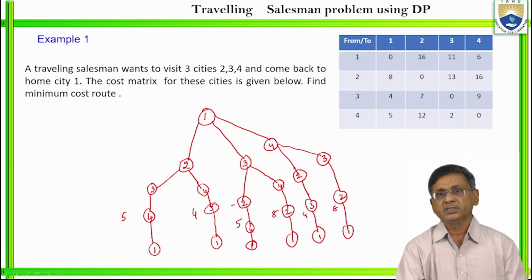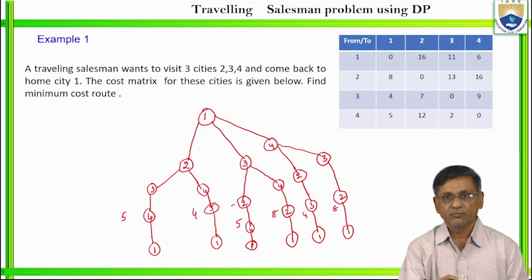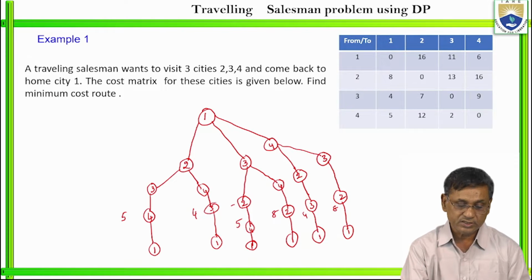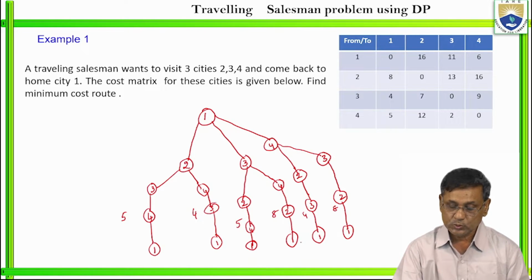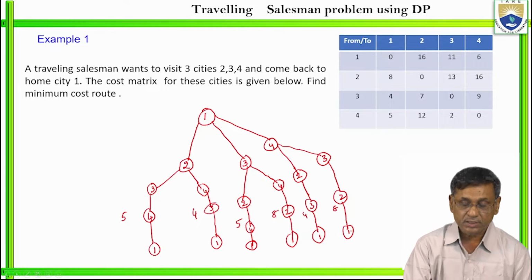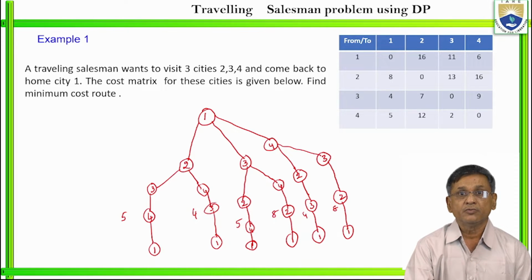So the salesman can go from 4 to 1, the distance is 5, or cost we can say 5. From 3 to 1 it is 4. 4 to 1 is 5, 2 to 1 is 8, 3 to 1 is 4, and 2 to 1 is 8. After this, the salesman can go from,